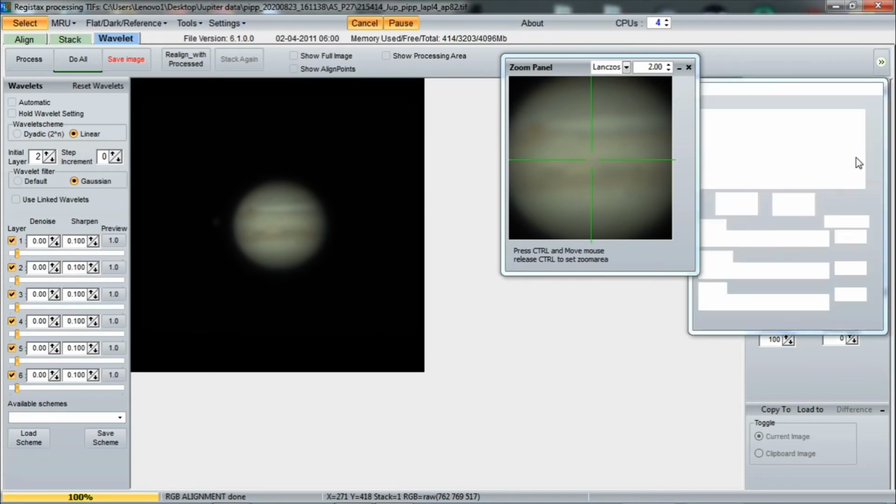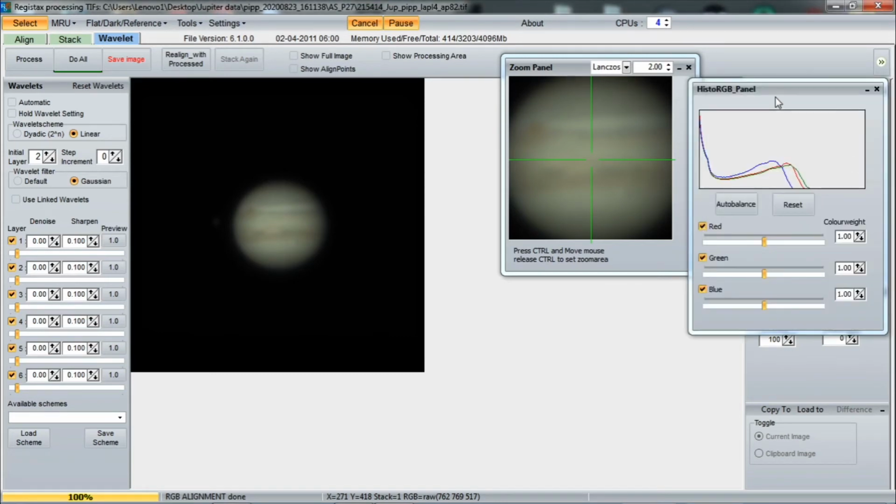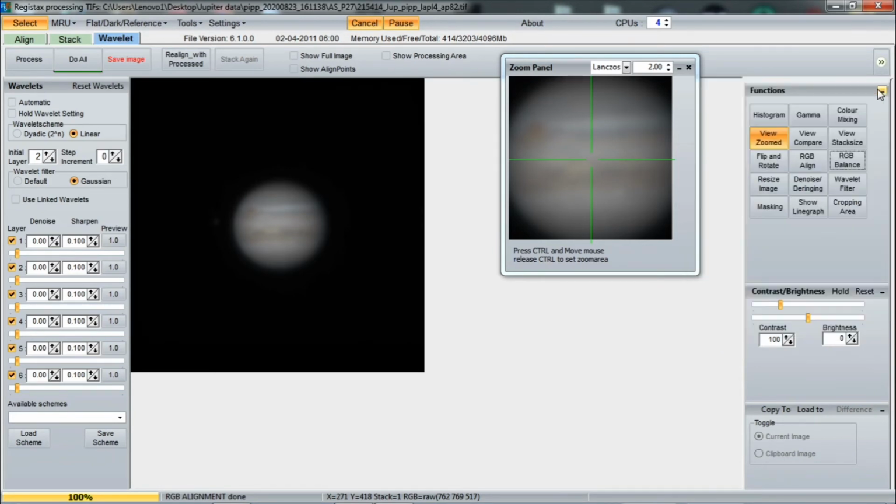Now I go to RGB balance. Usually auto balance works pretty well. I'm not sure if I like that color or not. It's up to you. It becomes kind of artistic at this point. Just for the demonstration, we'll leave it like that. Close the window. Now, for the interesting part, the tricky part,